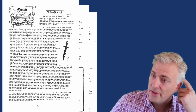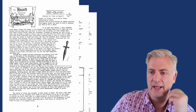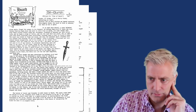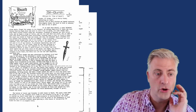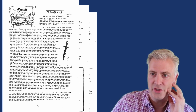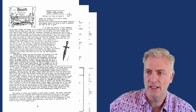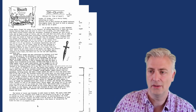The Horde of Thaumaturgic Wonders. This is Richard Lee's contribution, and he has some thoughts here about a particular blade, the Gil Girth, which is Elvish for the Star of Death. A 12-inch long blade,